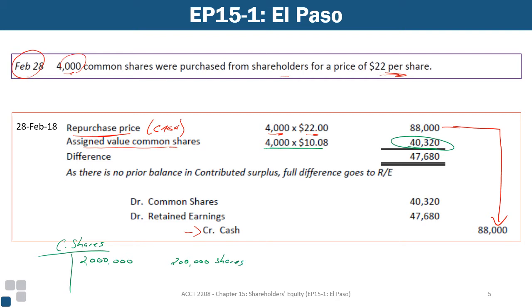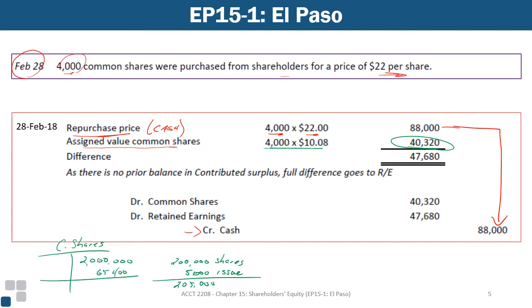Then the company issued an additional 5,000 shares in that lump sum transaction. That leaves us with 205,000 shares,